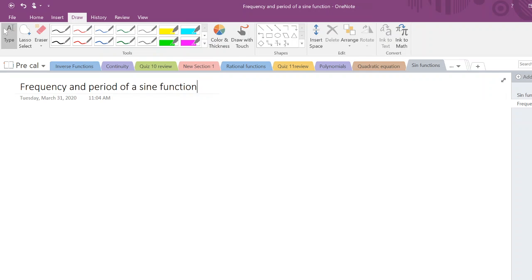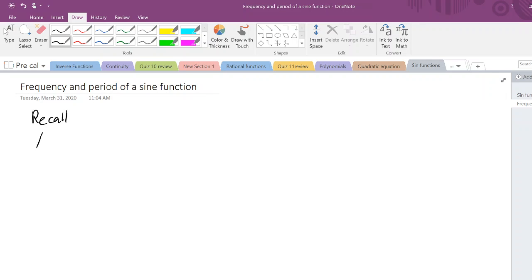As you know, yesterday it seemed pretty easy. I hope you got the hang of knowing what the amplitude and the vertical shift of a sine function was. Today we're only going to be looking at the frequency and the period of a sine function. So yesterday we were working with A and D, and today we're working with B. So, like I said, if you recall,